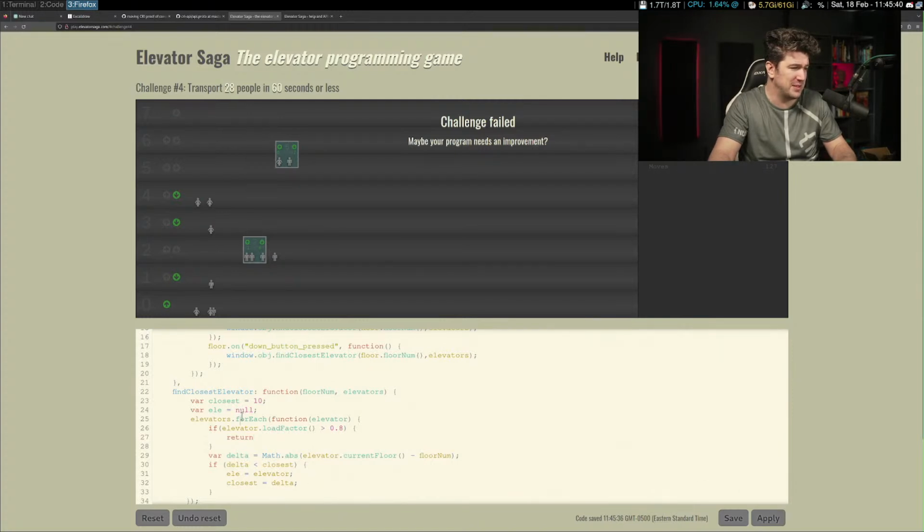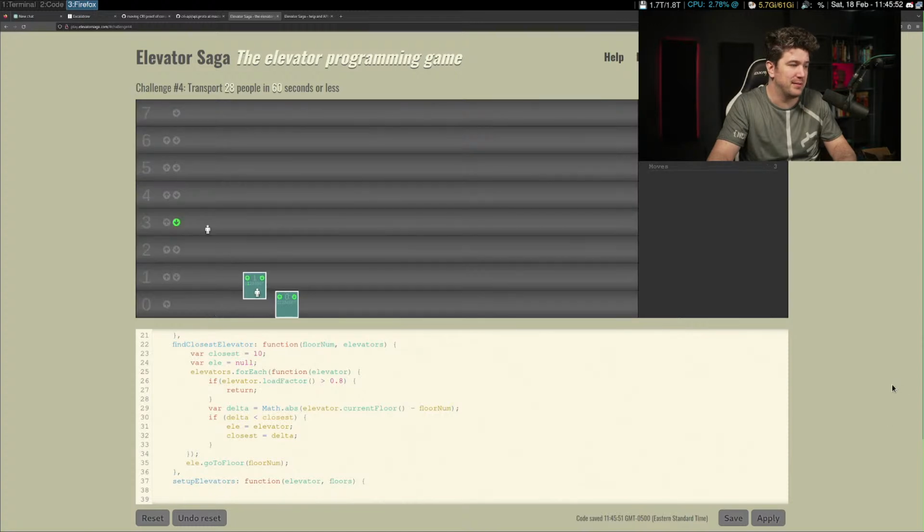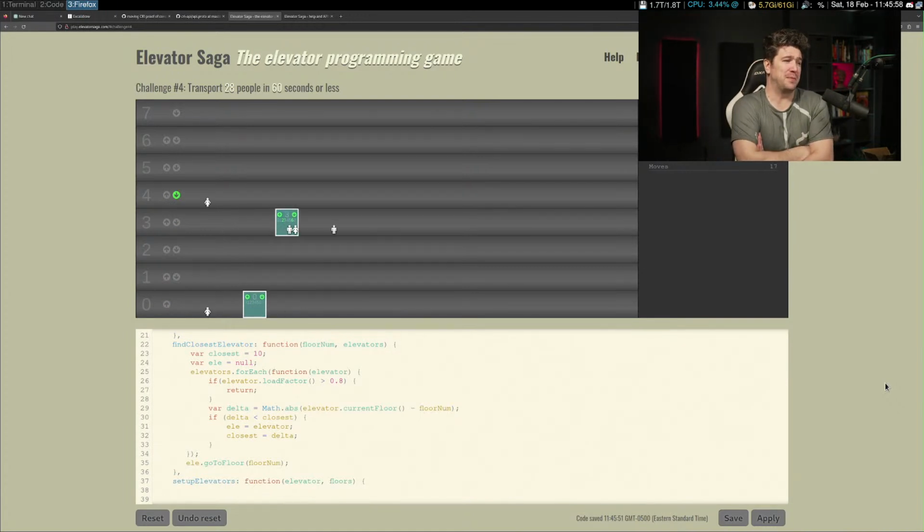Or is this continue? I don't know for a Java for each. It's a function, so I think it's a return. And then this function will get called again, so I think that's just a return. Let's apply that. At least it didn't break. This isn't going to fix it. We'll still get the phantom ones because they'll queue up behind each other, but